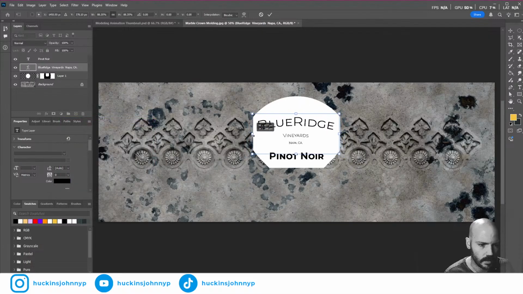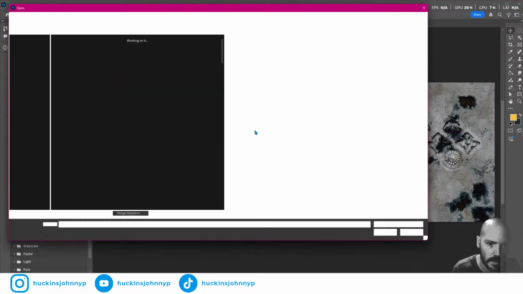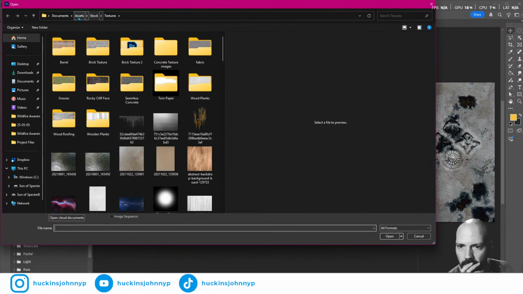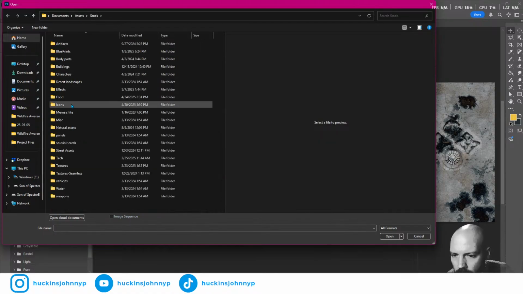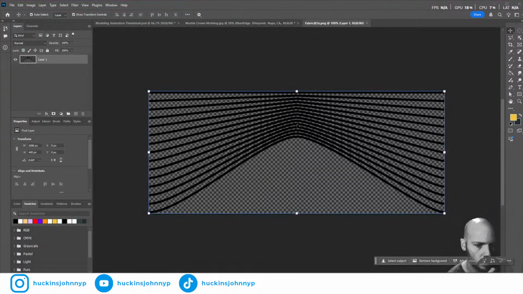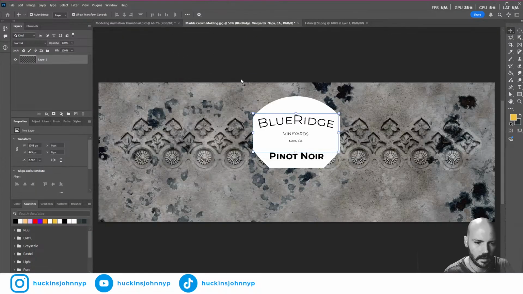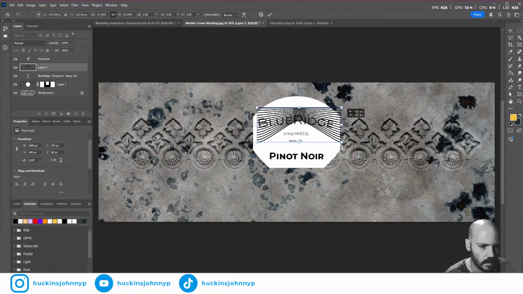And we can bring it down. And then what do we want the symbol to be? I have a bunch of icons. Command open. I think I'm in here. Let's go assets. Stock, we got, let's see what the icons are. I have a car, TikTok, these are all, ooh, this might be cool. Might bring this in. I kind of like this,